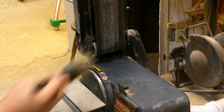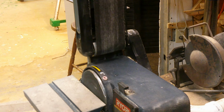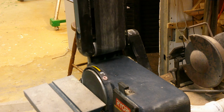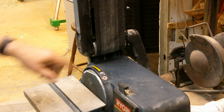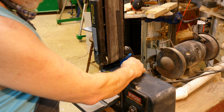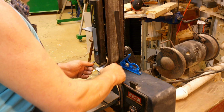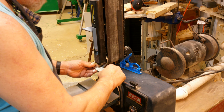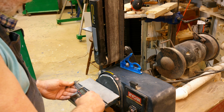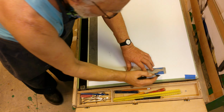So my idea is to make some kind of a shield or a shroud on the back here to try and capture more of that sawdust and direct it back into the vacuum where it belongs. I'm going to take some measurements here and see just how close I can get into the belt without restricting it. The lab's CAB Design Center